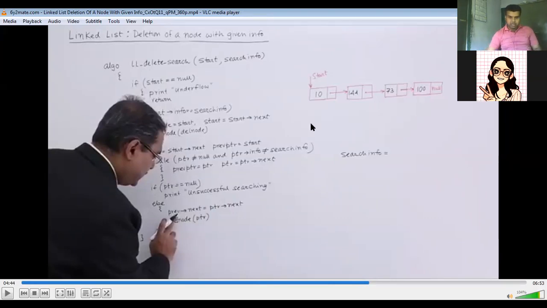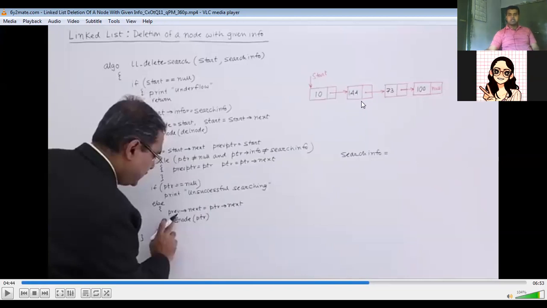Let us consider an example. Suppose the search info contains the value 144. Now 144 is present in the second node, so I have to delete this node. How will I delete this node?